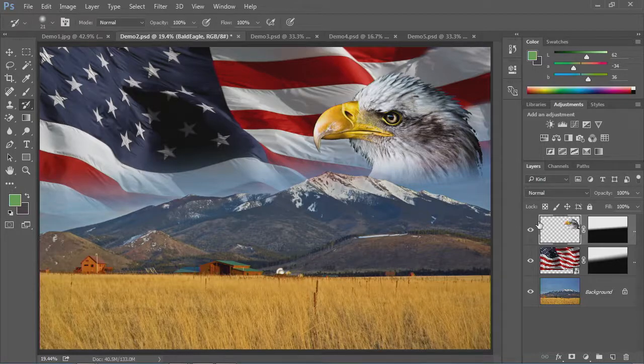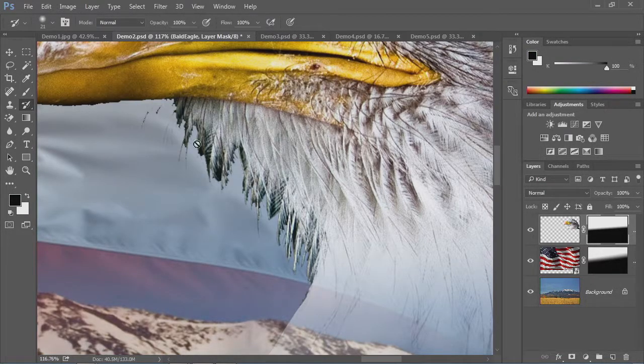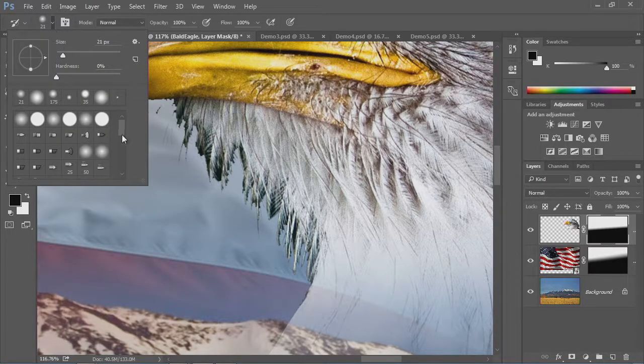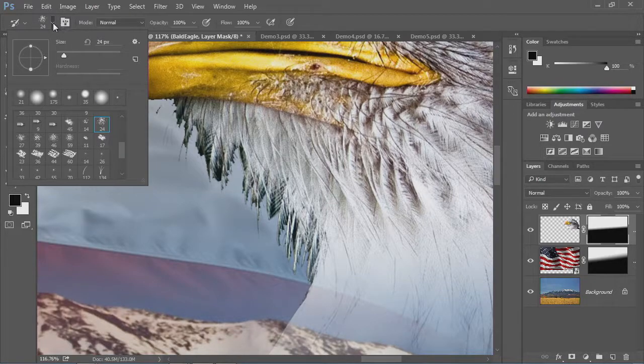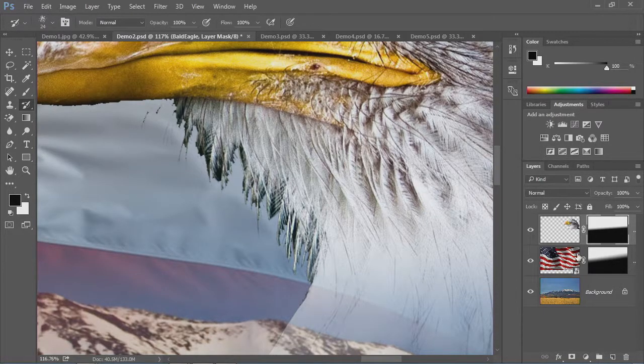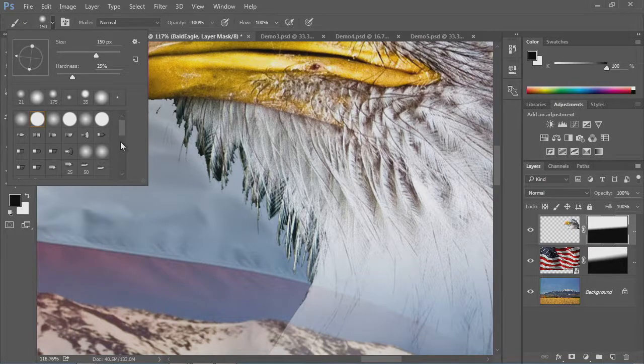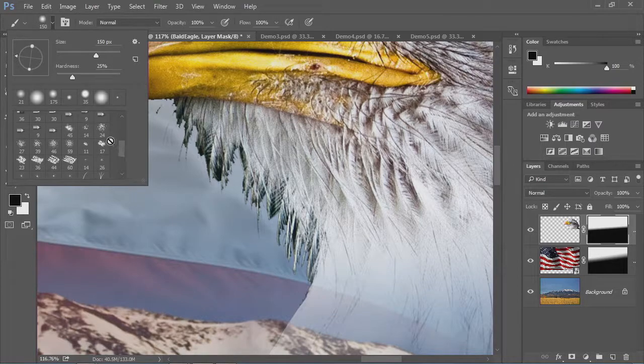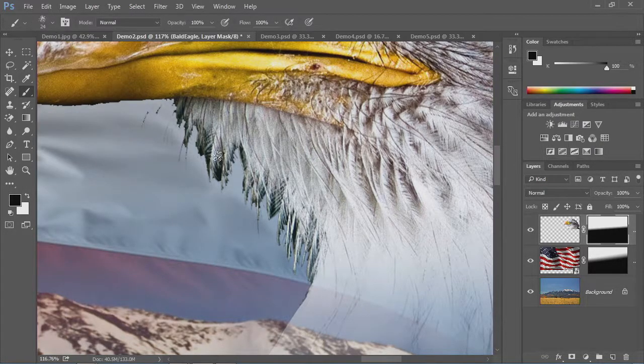Now I can go in here if I want to. We'll go back in here a little bit. And I can choose a different type of brush. So you have all kinds of brushes in here. Maybe choose one of these textured brushes because the feathers here are really, well, they're just kind of random, okay? But if I paint with a textured brush, grab one of these little textures here. I want one that's a little bit looser, okay? But if I go in here and I start painting,